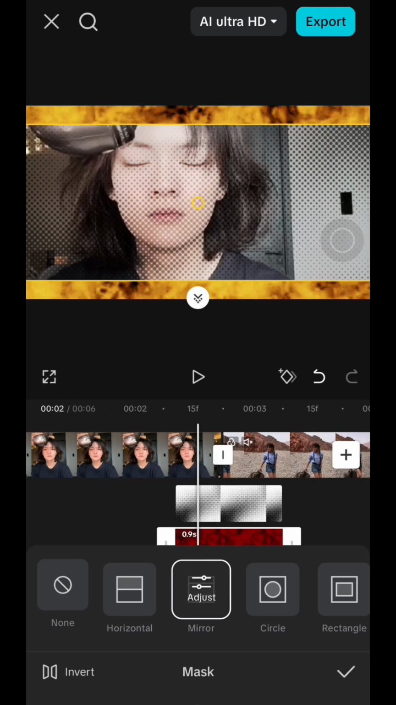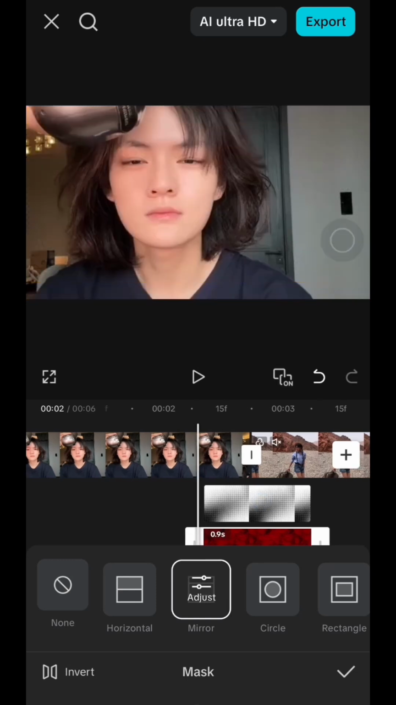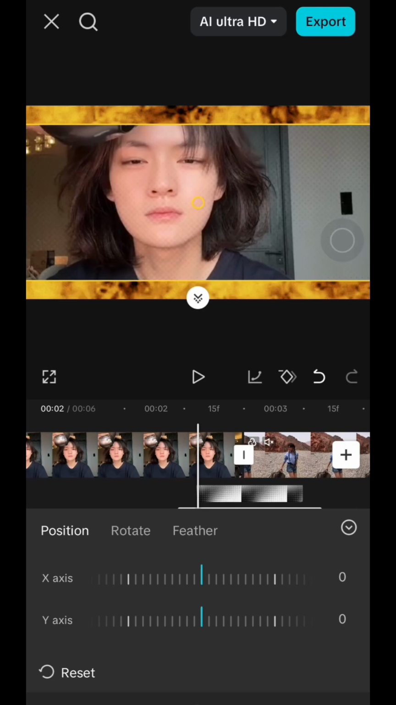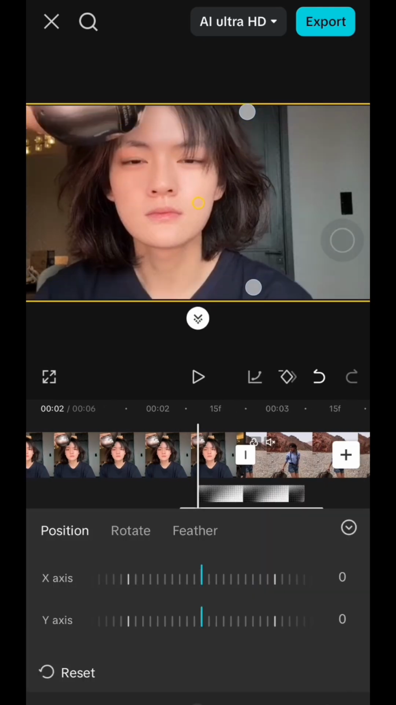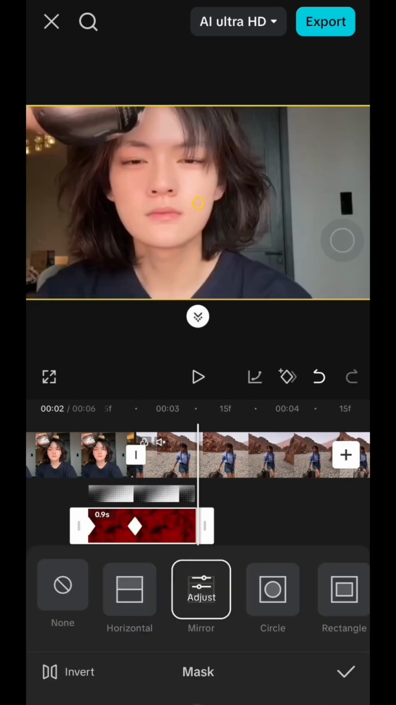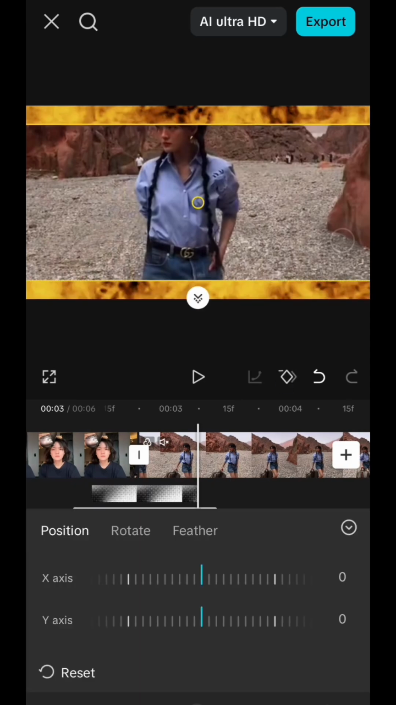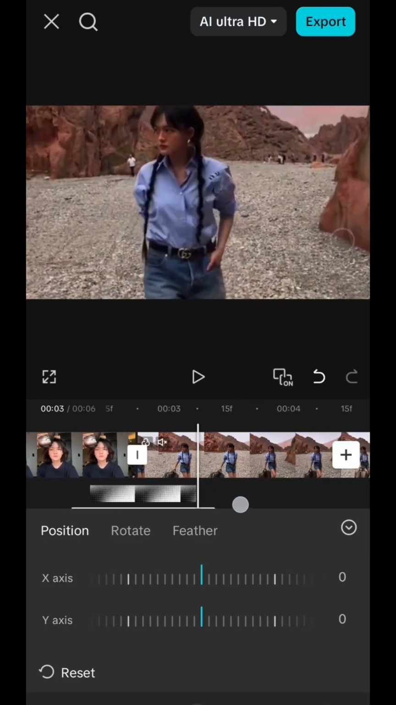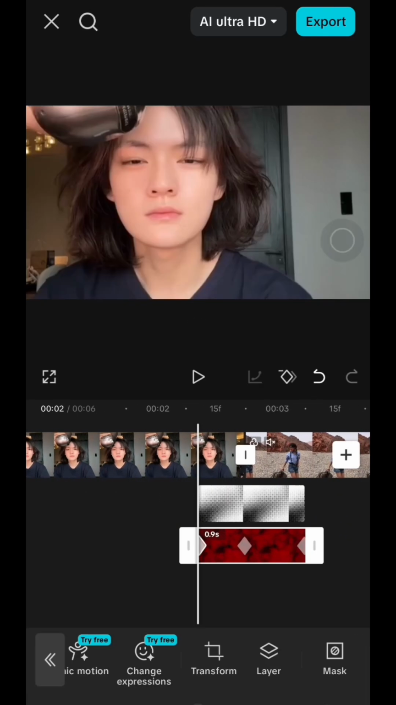And then use keyframes again to animate the mask, make it slide in, appear, and disappear again. This will give you that After Effects style glowing bar movement, like this. Like this. And almost done, just go to Effects,